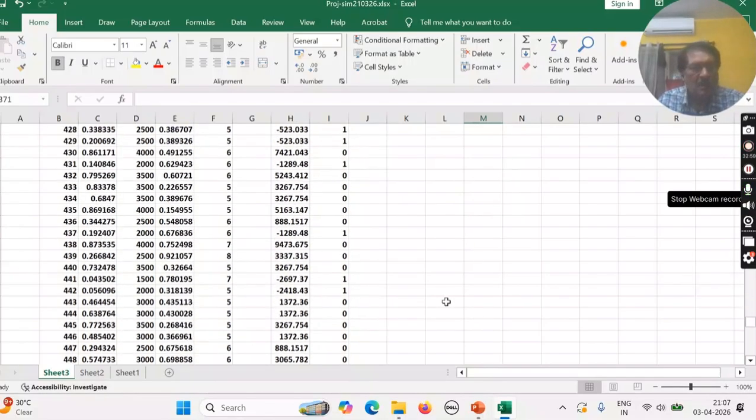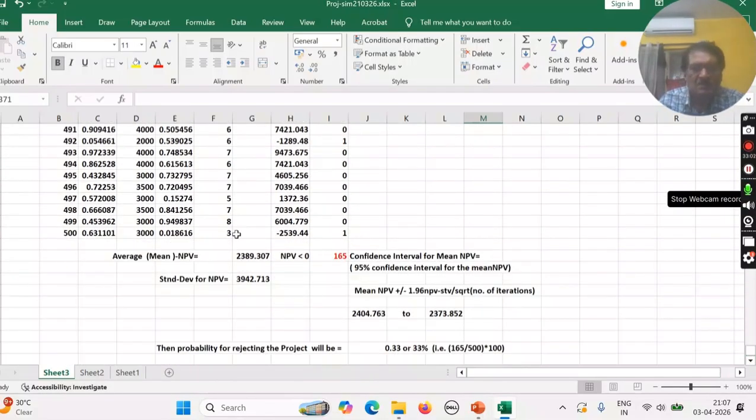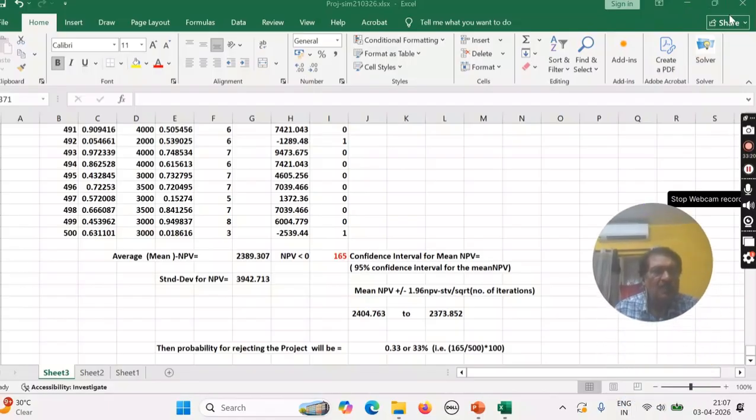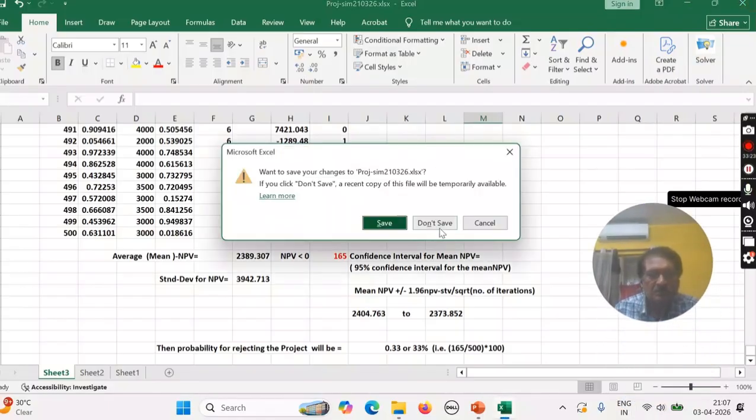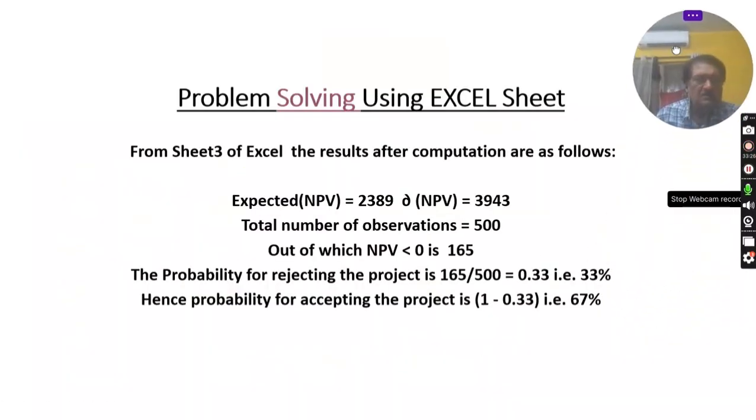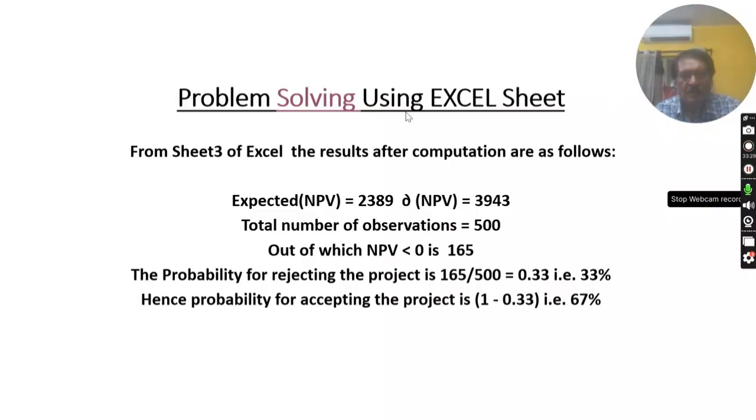Okay. Now I am showing you the same calculations and I have noted this is the result. This result I have summarized for discussion in the PPT. Okay. Now I am going back to the PPT. And this is the returning solving. Up to this we discussed. So this is the summary information of the calculation.